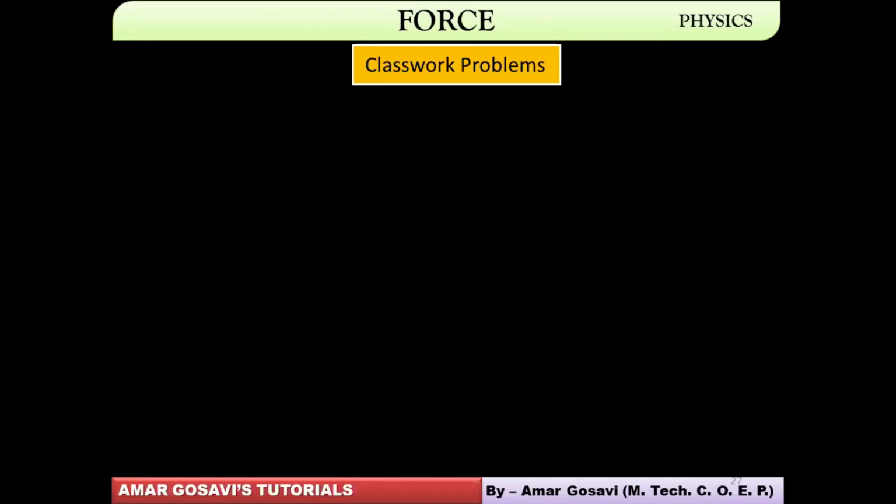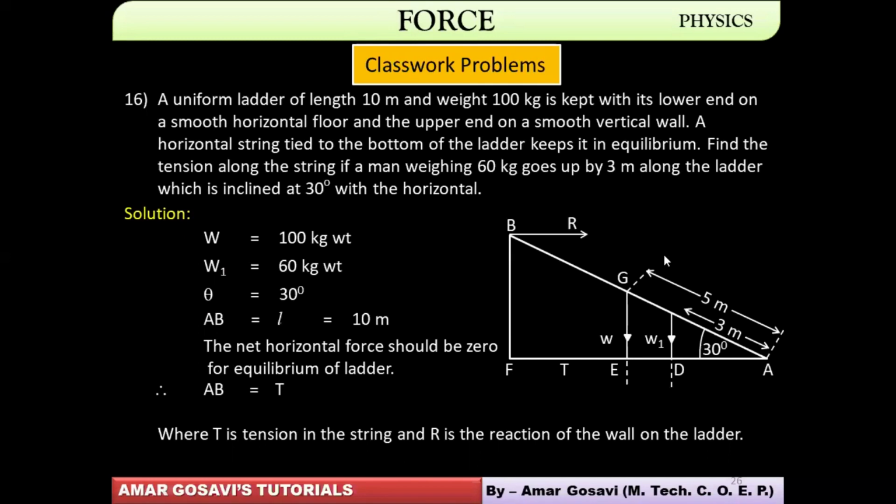Taking the moments about A. Now you need to know what point A is. So obviously we would be needing distances. W1 will rotate A in an anti-clockwise sense. W will rotate it again in an anti-clockwise sense. So positive moments. This is 3 meter. This is 5 meter. We know the angle. We can get the corresponding distances AD and AE with trigonometry. You all know that, right? Accordingly, we'll proceed forward.